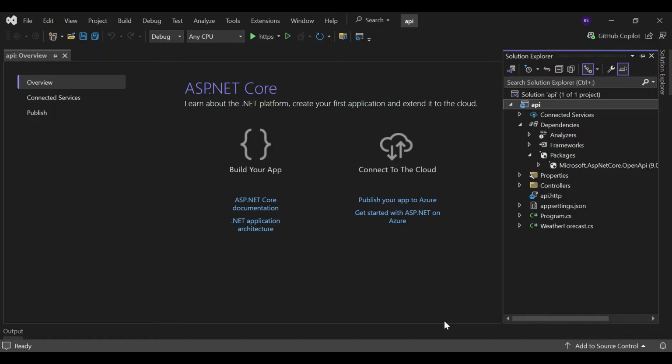Today I'm going to create an API, the latest one in the .NET Core 9 version, and that will be a very important thing,